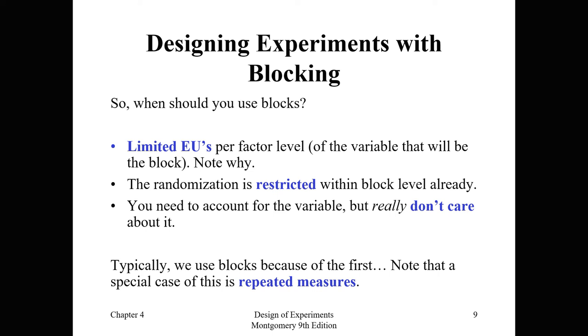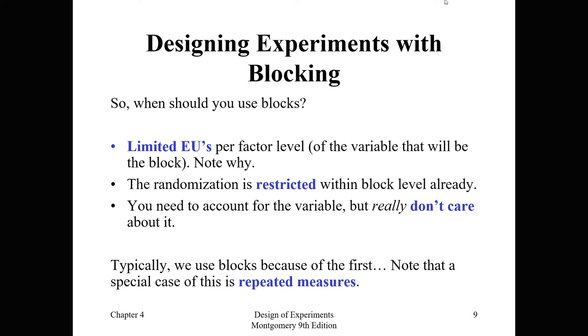But if the ingot doesn't have enough coupons that we can get out of it, so maybe we can only get 4 coupons per ingot, and for the study we're going to need 16 coupons. Well, if we're going to be using 4 different ingots, there's only 2 options. We can either account for the fact that we're using 4 ingots, or we cannot account for it. So when we have a limited number of experimental units per factor level per ingot, that's a good time. So let's say we have to use 4 blocking factor levels. Well, we may as well include the blocking factor